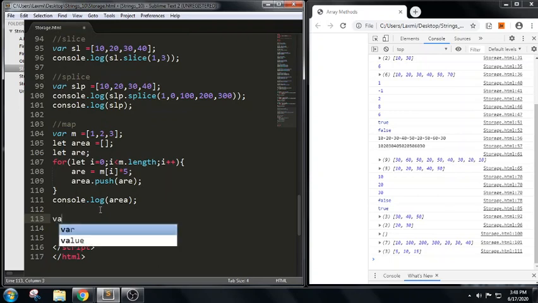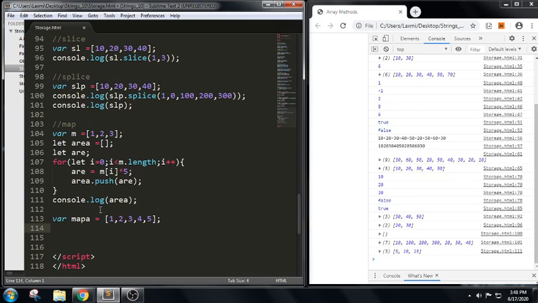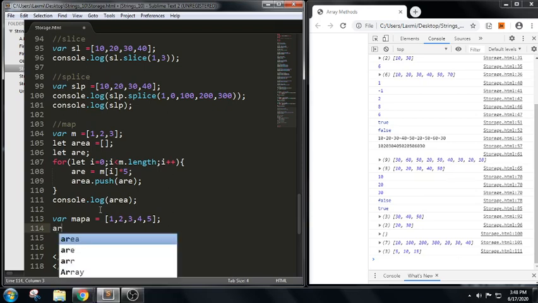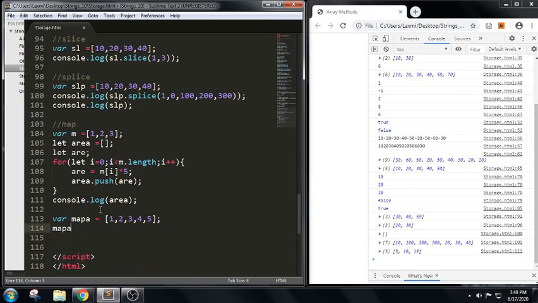Let us create. See, I have taken a equals to 1, 2, 3, 4, 5. In this array, a.map, function with index and value, like how we have done with this thing.